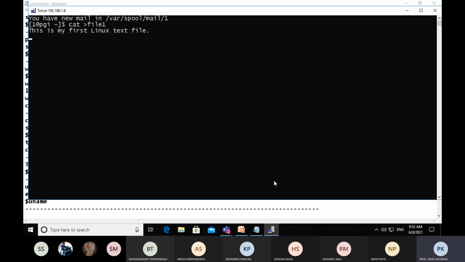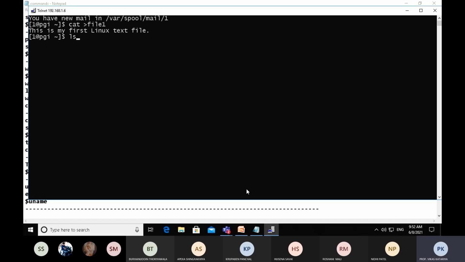And for saving, you have to press Ctrl plus D. And as you press Ctrl plus D, the file will be saved successfully and your cursor returns to the dollar prompt. So this indicates our file was saved successfully. Now let's check whether the file was created or not.